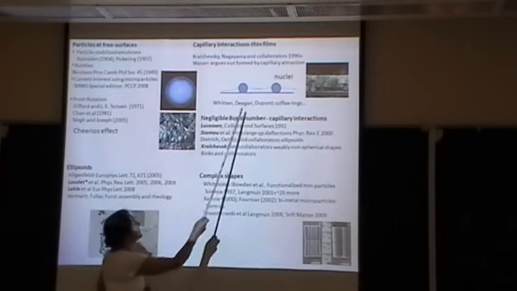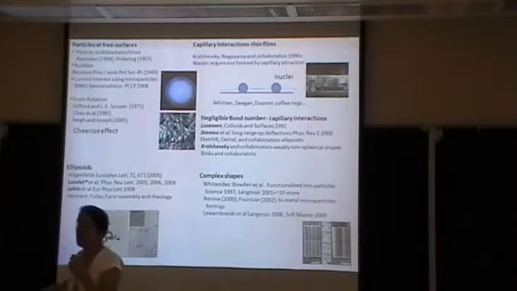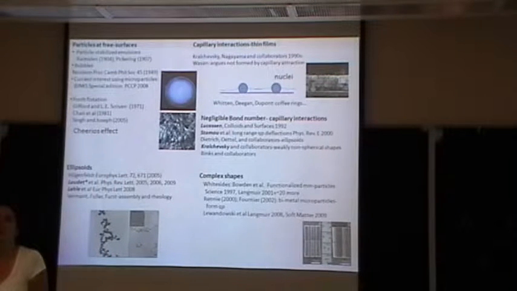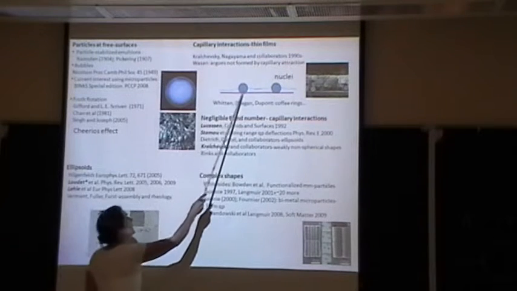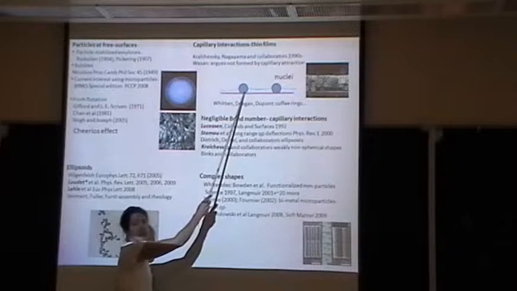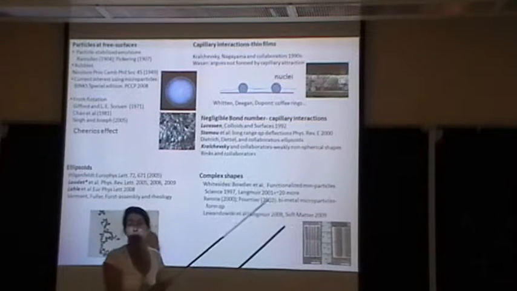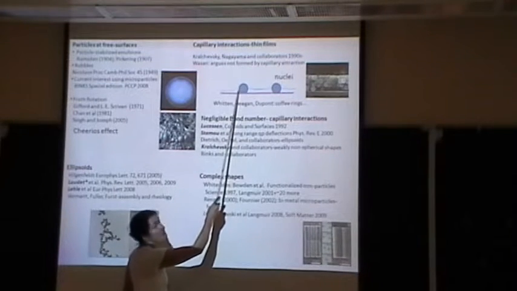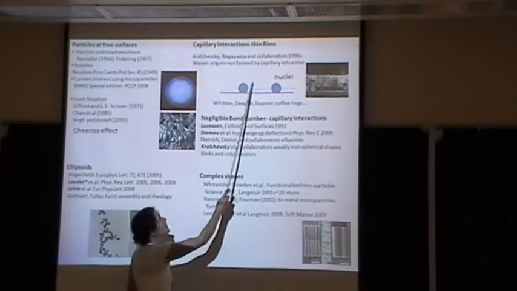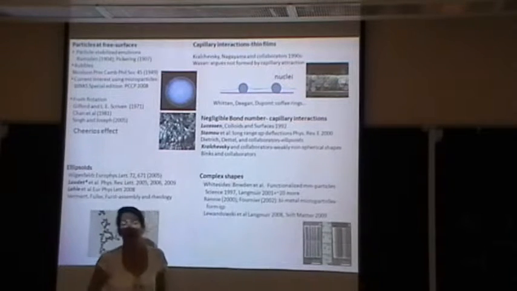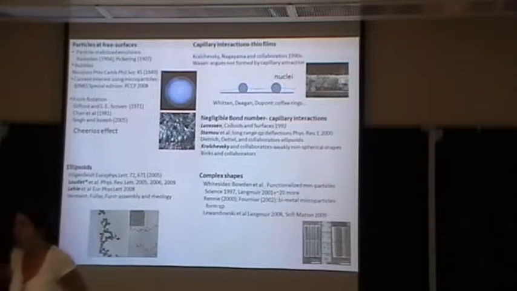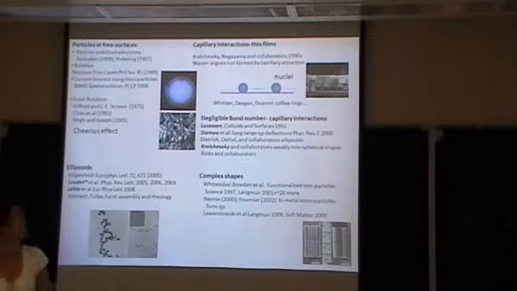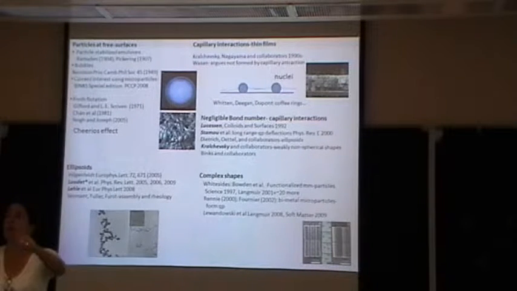There's this interest in making particles come together in thin films. Instead of having weight make the distortion, imagine I had a sphere whose diameter is big compared to a liquid film in which it's entrained. Let's suppose it's partially wet, so the liquid rises up to make some contact angle. You see, this makes a distortion, this makes a distortion, and when they overlap, there would be an interaction. So that's the argument presented by Kralchevsky and collaborators for why particles come together in thin films to make nuclei